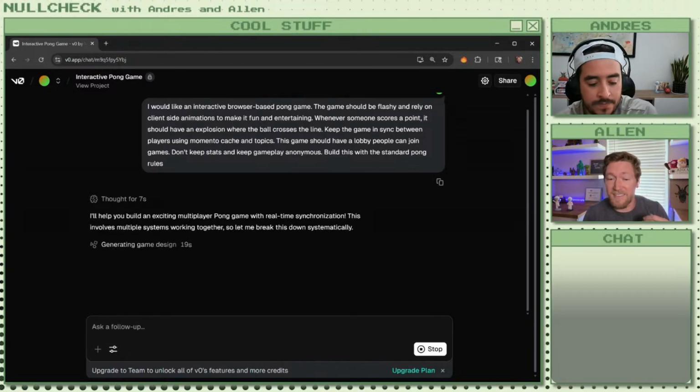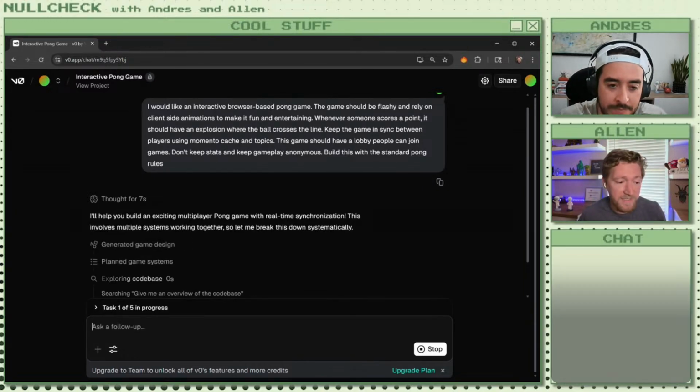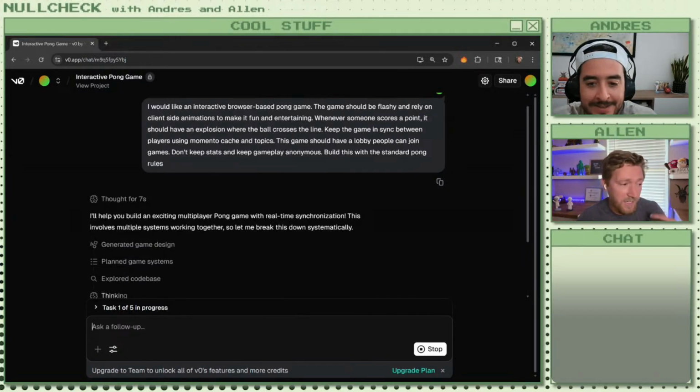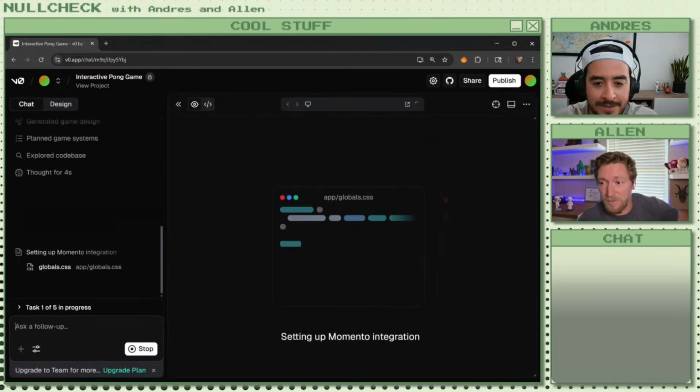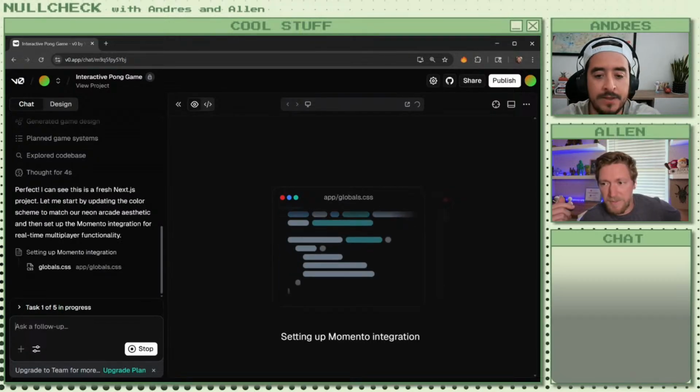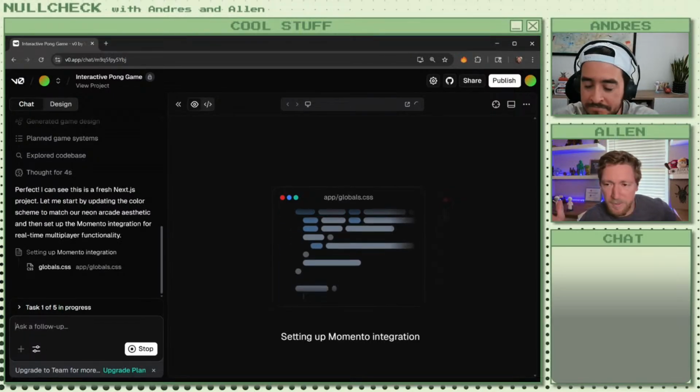So this is an interactive game. I do expect to test this with you and me here, Andres. Yes, you're playing it on your machine. I'm playing it on mine. So we're going to use Memento Topics and Memento Cache as that remote, centralized store and event messaging framework, so we don't have to build WebSocket servers and do all that rigmarole.